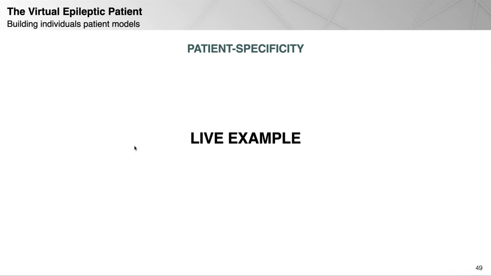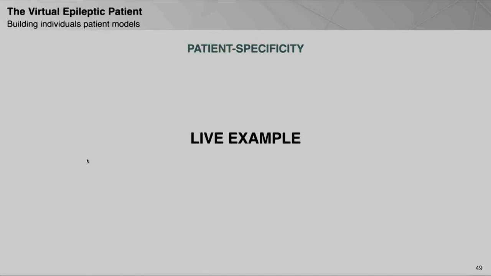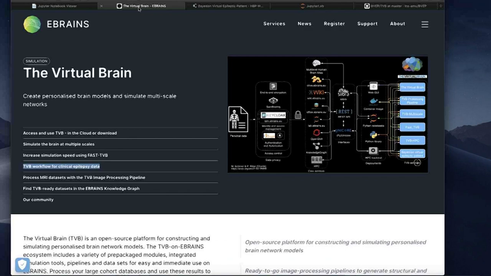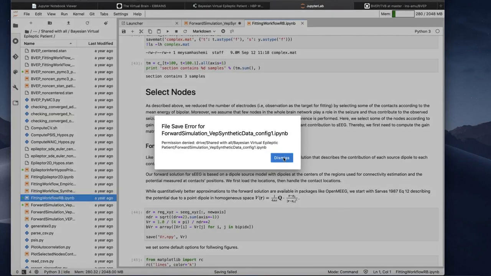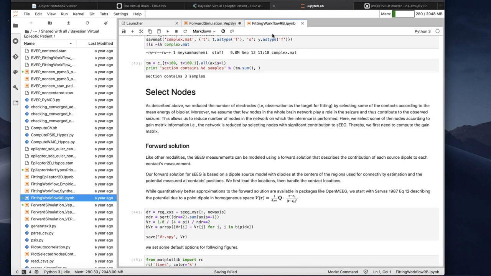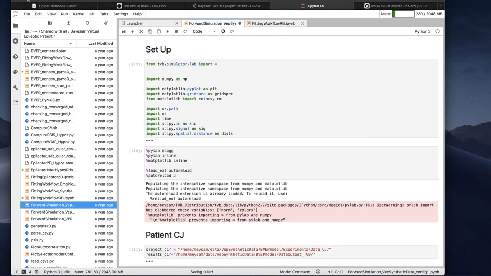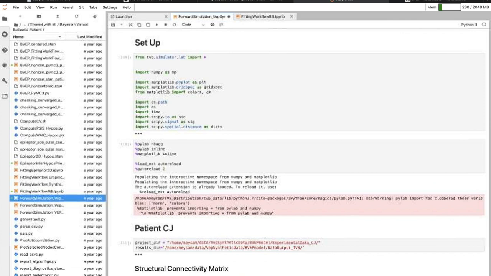So here I will show you this type of simulation, maybe here, or is it here? So this notebook, you can find them on the eBRAINS research infrastructure. Here it's for a specific case I will briefly talk to you about in a bit.